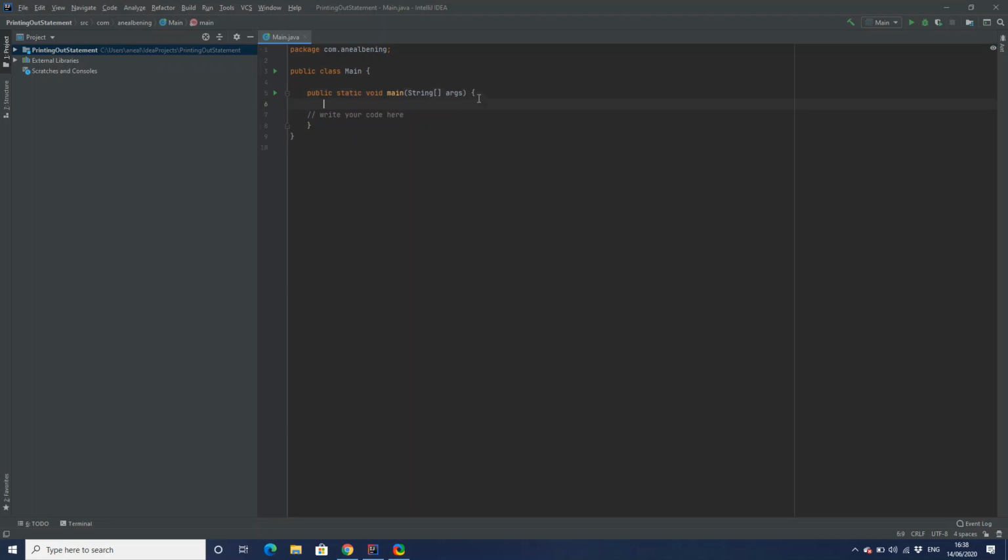Okay, sorry, there was a bit of a problem there. So, we're going to print out a statement because this is just to test if the IDE's working. You can see I did System.out.println, and then in the brackets I had two speech marks. In between those speech marks, I'm just going to put hello world. And then always at the end of a print statement, you've got to have a semicolon, otherwise it will produce an error. After we've done that, just to see if it works, click run main,